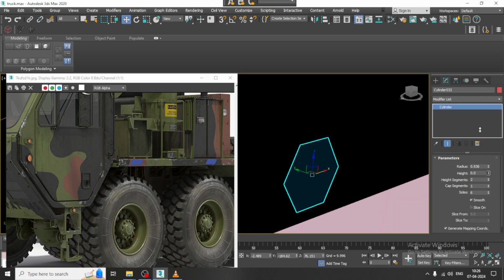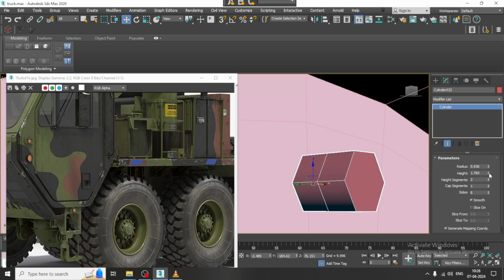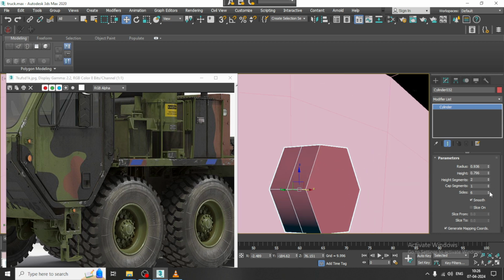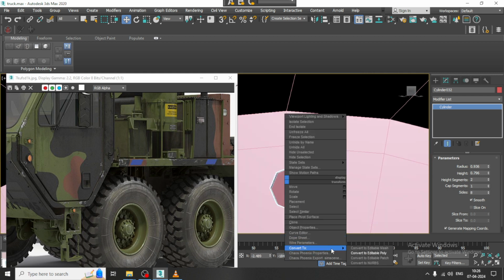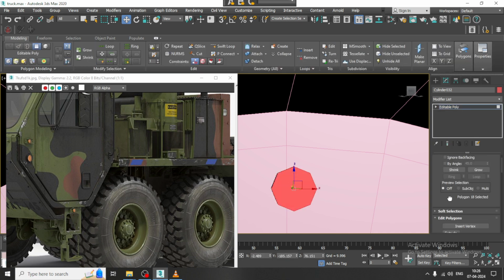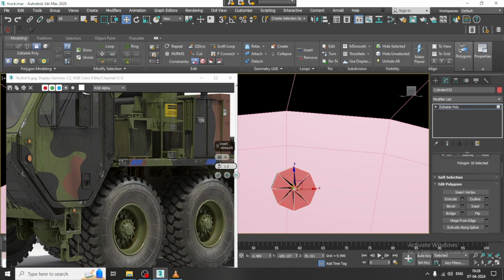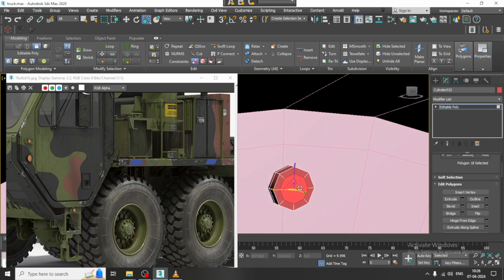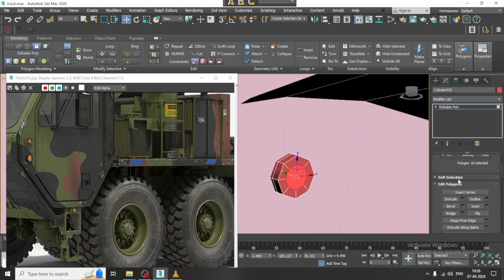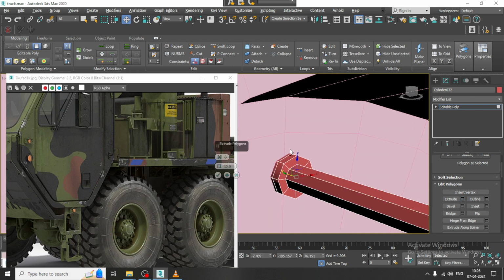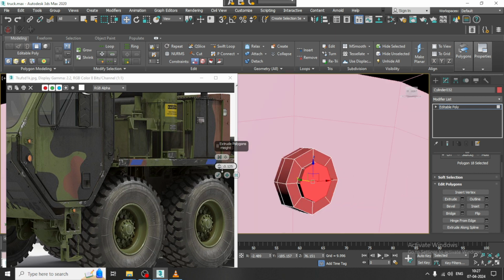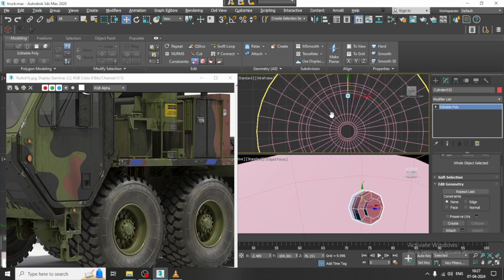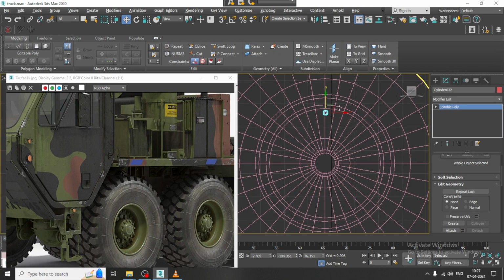Slightly increase the height in the positive axis over here, drag it inside, convert to poly, select these polygons, slightly give a bit of inset over here, and let's slightly extrude it and click OK. Now once this is done,